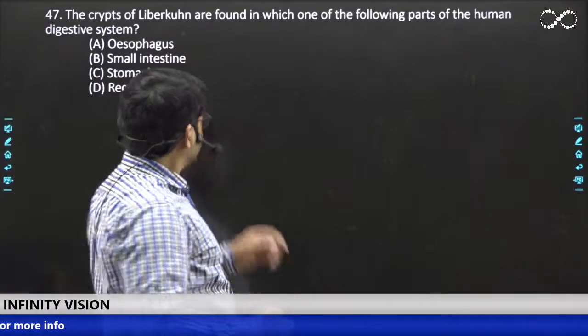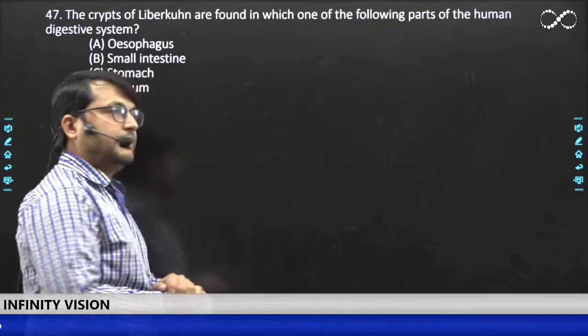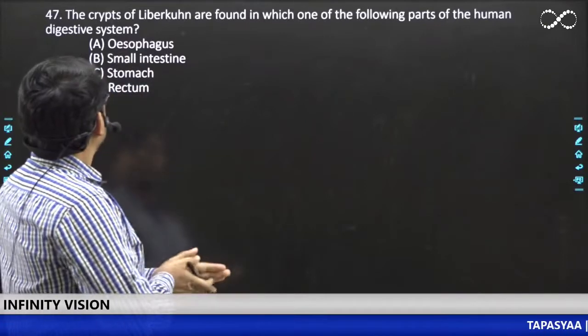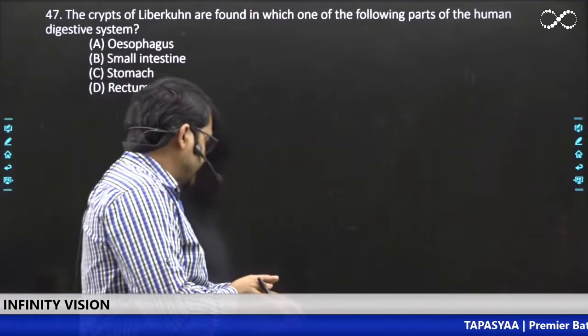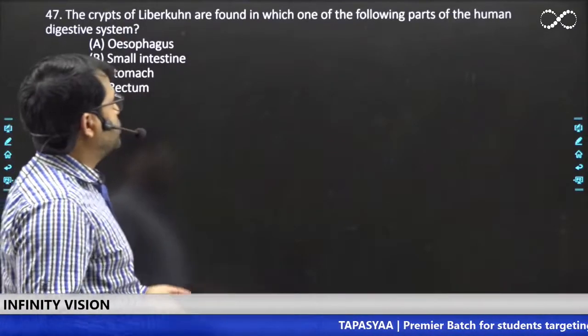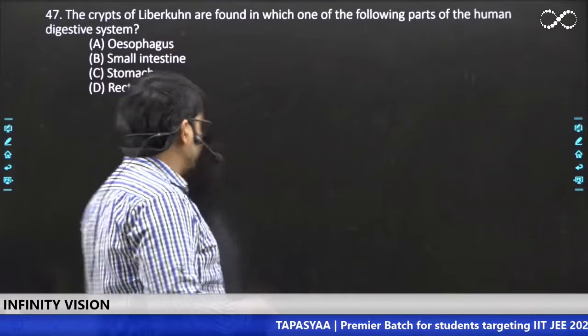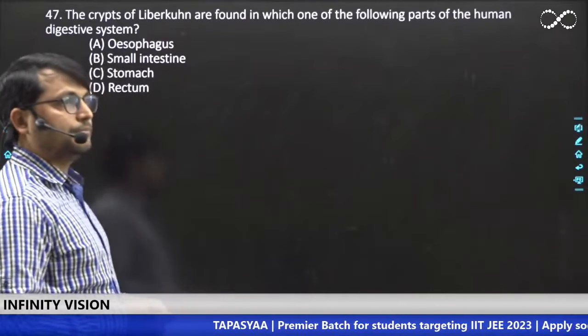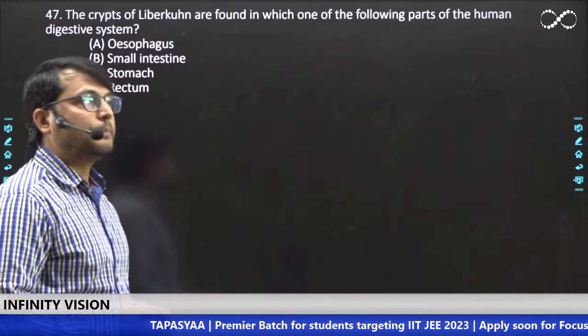The second question, question number 47, says the crypts of Lieberkühn are found in which one of the following parts of the human digestive system? And the options are